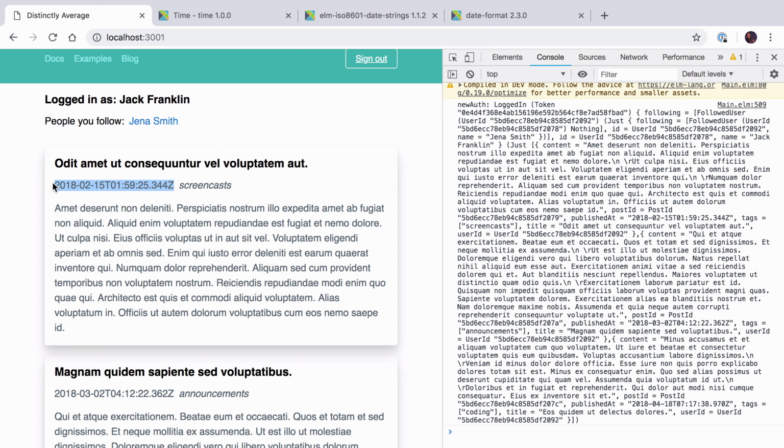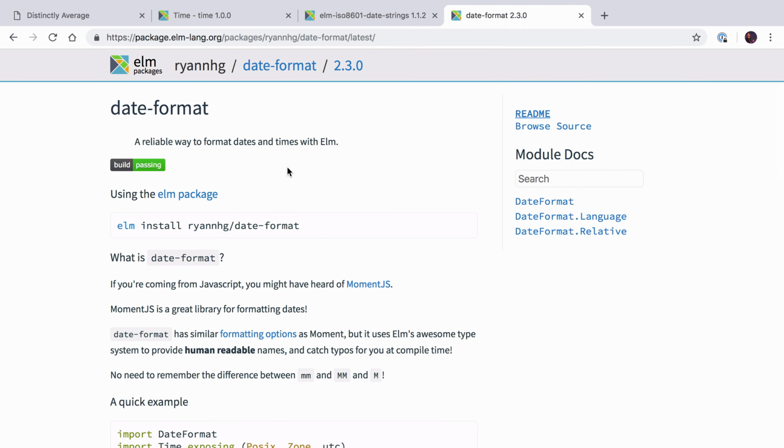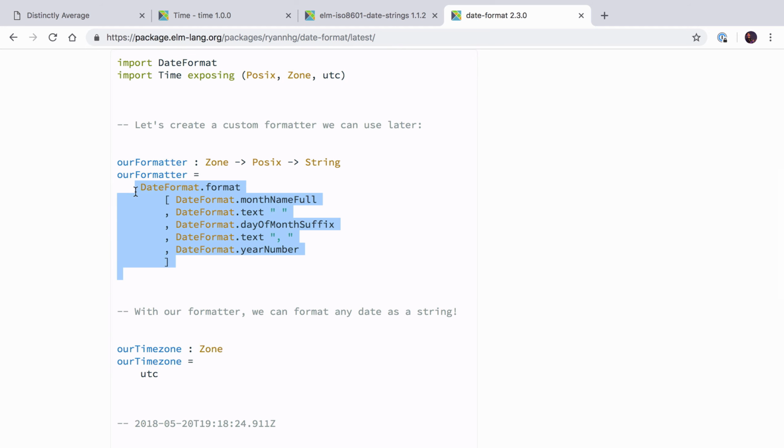We're getting this as a string from the API, and what we actually want to do is convert this into an Elm date. This means we can then use a package called date format, which I've got a tab open for here, which is a really handy package on the Elm package repository that lets us take a date and actually create a nice format for it. However, to do this, we're going to need to take the string that the API gives us and format that